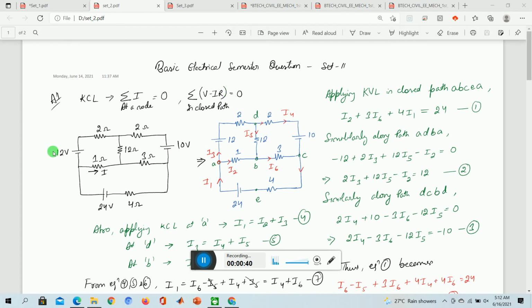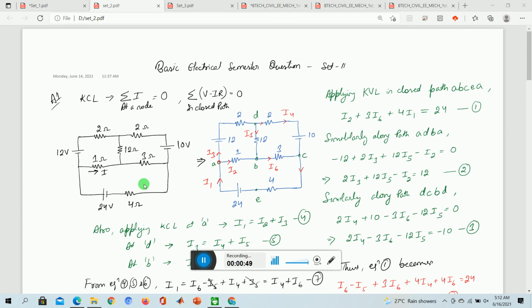Next, this numerical is there. In this numerical, it is asked to solve it using KCL and KVL. So this becomes a very complex problem because here you are not asked to solve by using mesh analysis or node analysis. So when asked KCL and KVL, you have to begin. Every element will be noted with a different current if they are in parallel.